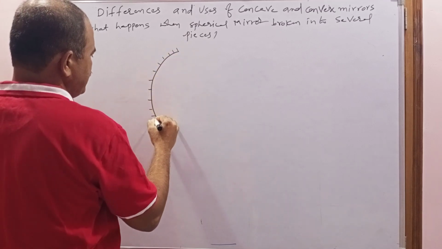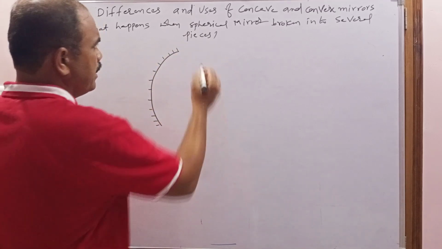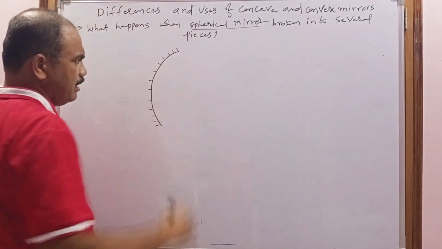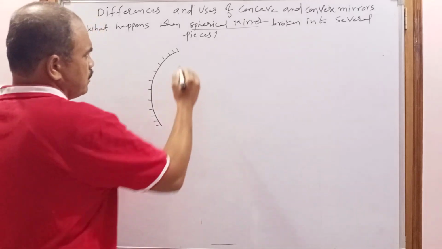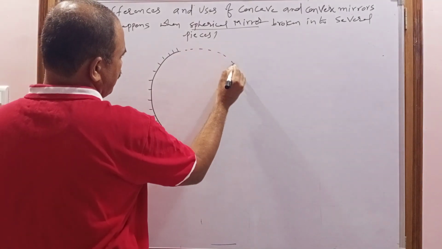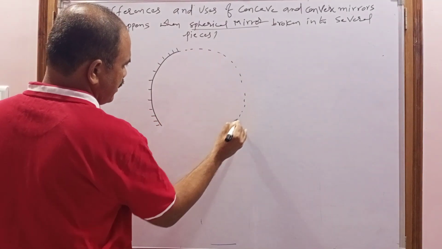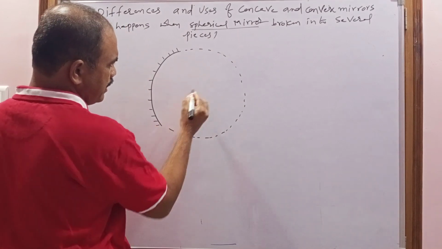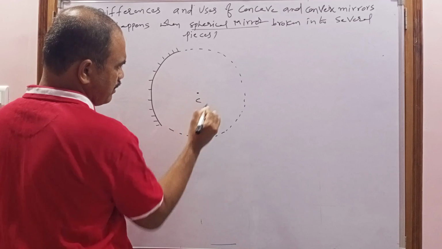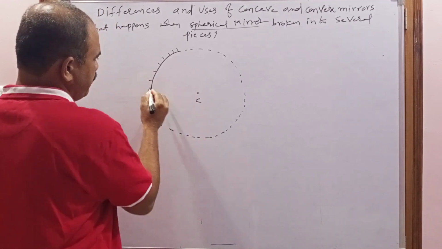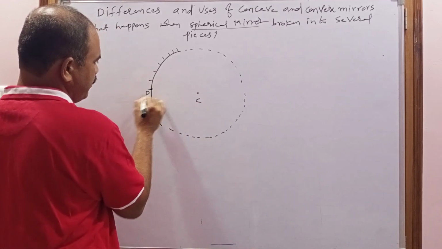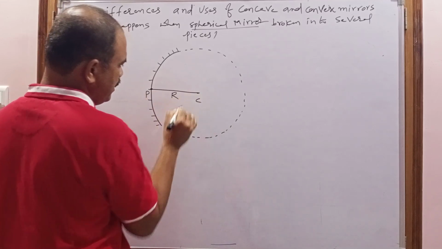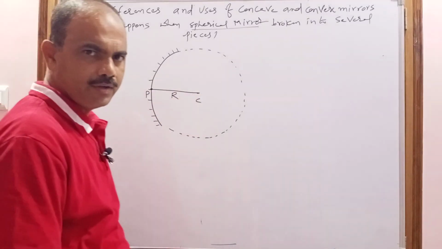Remember, here spherical mirror means that it may be concave or convex. So now it is a concave mirror. When I draw the sphere by taking this concave mirror, you get some sphere. The center of the sphere is called the center of curvature, and the midpoint of the mirror is called the pole. The distance between the pole and the center of curvature is known as the radius of curvature. This you already know.